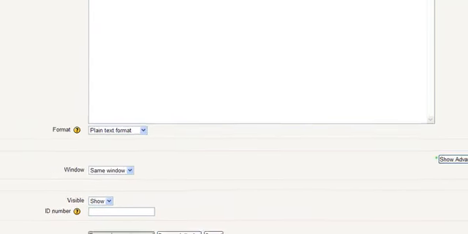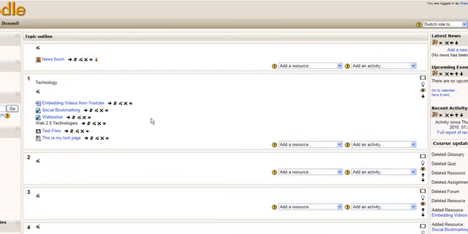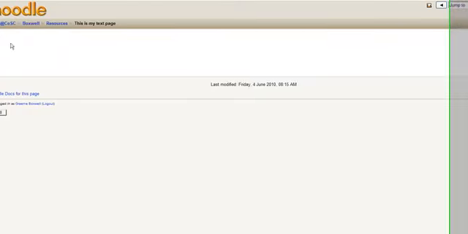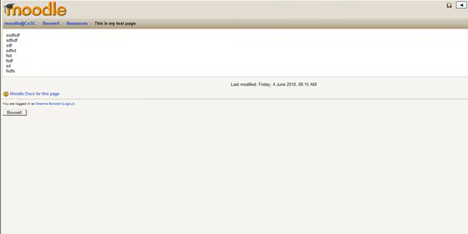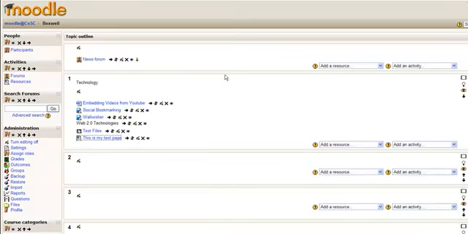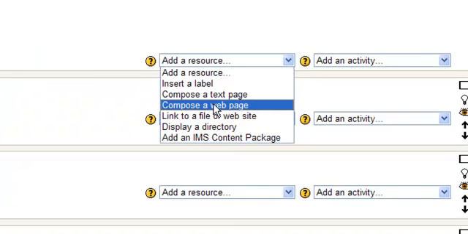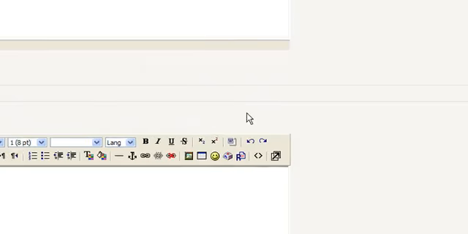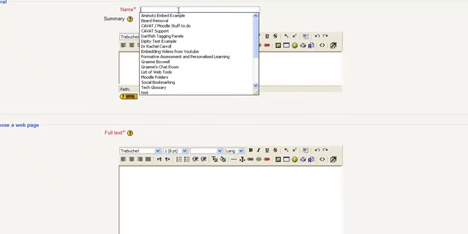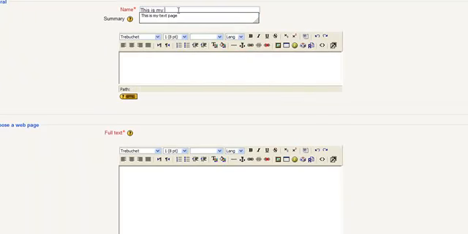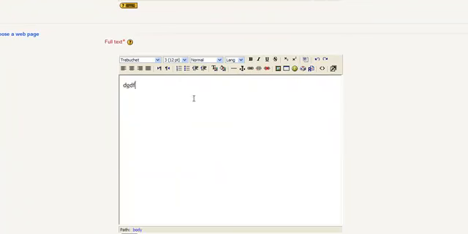So when I now save it and return to my course and click there, there's my text there. It's very straightforward, but also very, very limited. I would always use compose a web page. It's the same thing, put a title in, and then in the full text bit here,